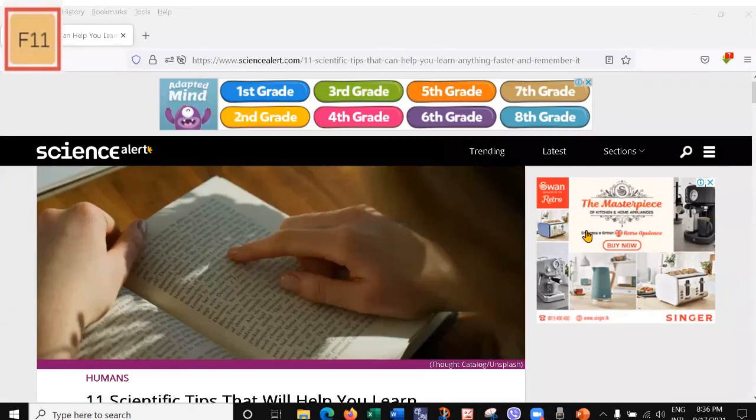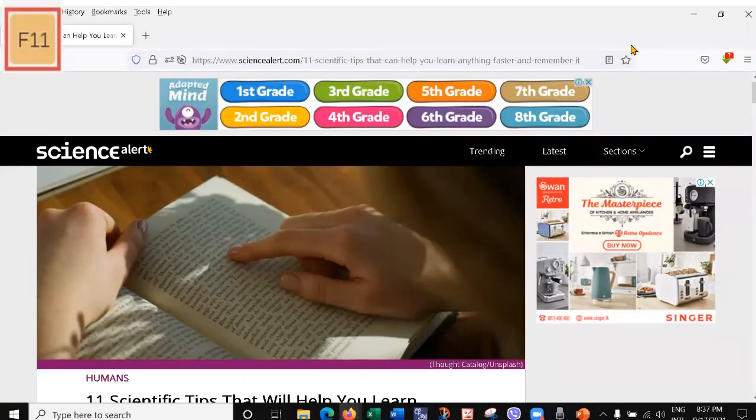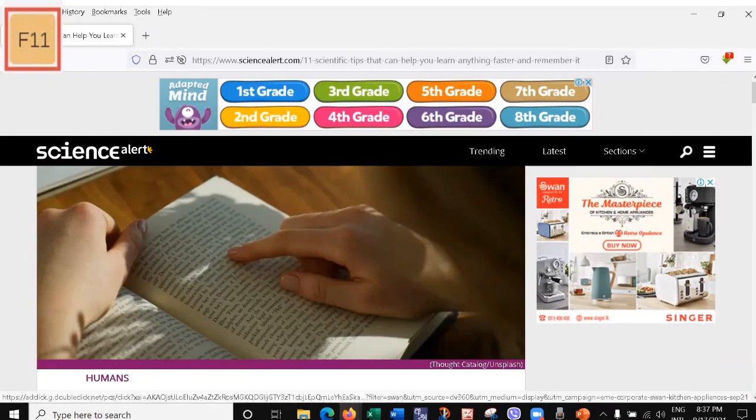Next key is F11. When we open a page or a file, and if we want to maximize the size of the page, we need to press F11, and if we want to minimize the size of the page, pressing F11 again will minimize it. Now you can see this window runs small when clicking the F11 key. Again clicking the F11 key, it gets big. This will help to change a small window to a large one and a large window to a small one immediately.